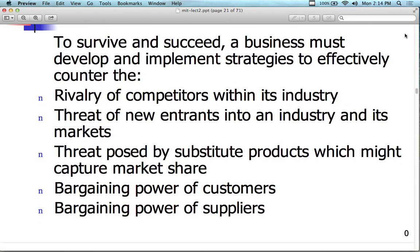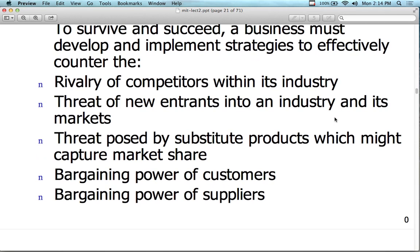The threat of new entrants into the industry and its markets. Yeah. We've got every day a new something coming out of it. Not only that, but we have new features coming out, which is interesting as well. There's a constant threat that someone's going to come out and produce a better Galaxy. And then if you think about the concept, actually, why do we have a Galaxy 2, a Galaxy 3, a Galaxy 3S, a Galaxy,